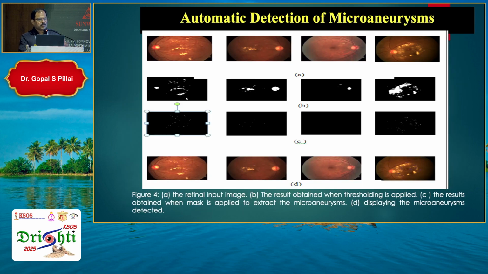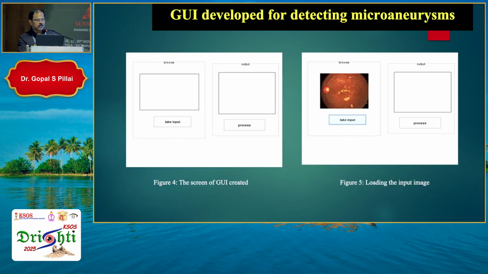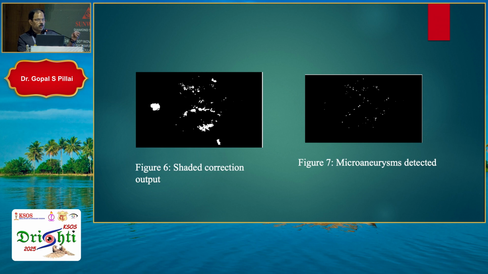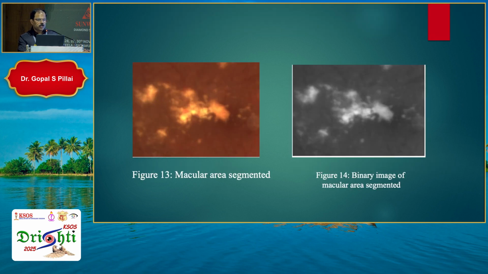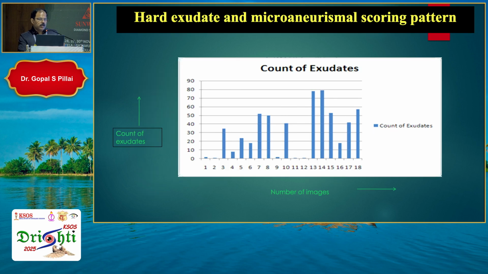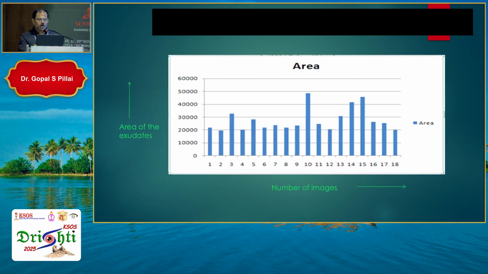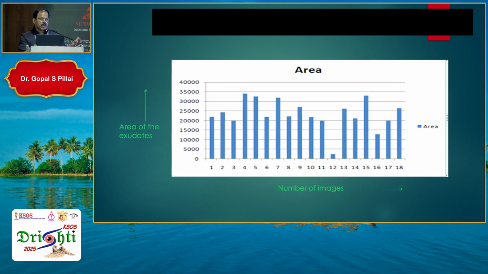This is the automatic segmentation of microaneurysms. You could quantify the microaneurysms, you could count, you could look at leaking versus non-leaking. This is a quantification of hard exudates. And we can mathematically represent them for all follow-ups and stuff like that. So this was the initial work which was done in 2016.